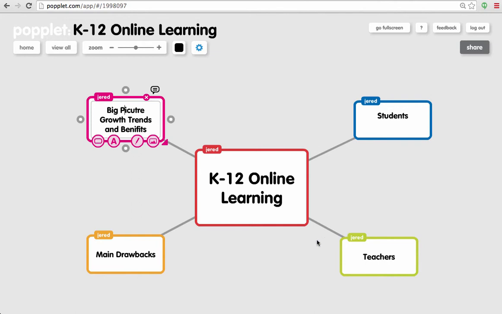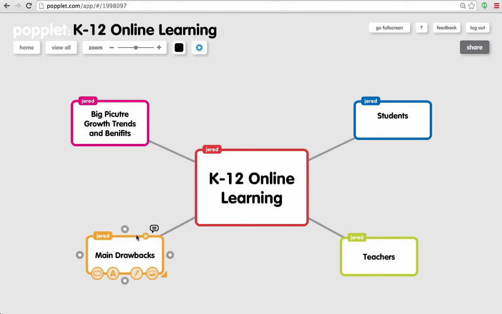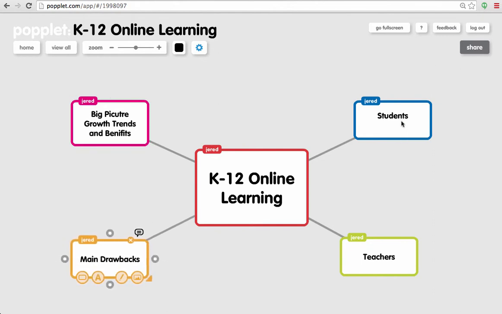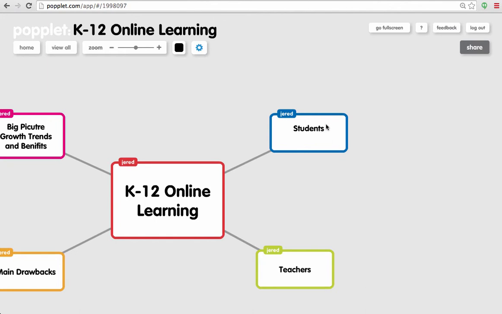So here I've kind of got my 4 main topics. I have students, teachers, main drawbacks, and big picture growth trends and benefits. So obviously that's not perfect. I'm just brainstorming here, and I can refine those topics as I go along. For instance, I can already kind of anticipate what I'll be looking for as far as students go, so I can start creating some